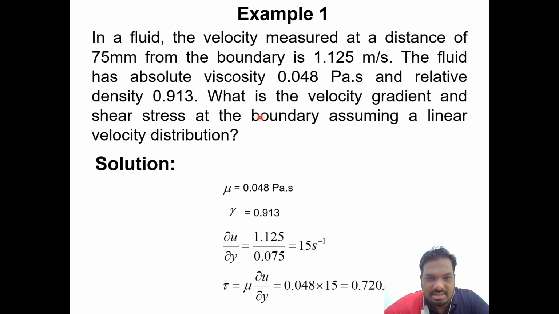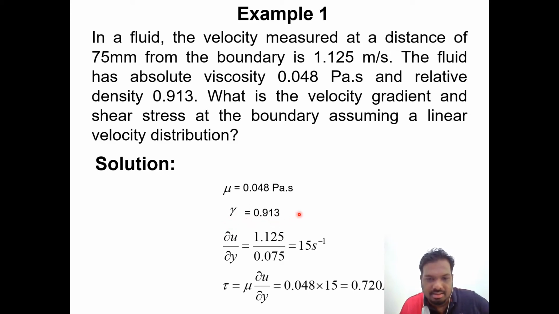So the question is asking us to calculate the velocity gradient. I think this term we have also studied earlier. And shear stress. The shear stress is tau, at the boundary assuming the linear velocity distribution. So we know absolute viscosity mu is 0.048 Pascal second. Try to extract whatever information is given in the question. Then we know this is the relative density